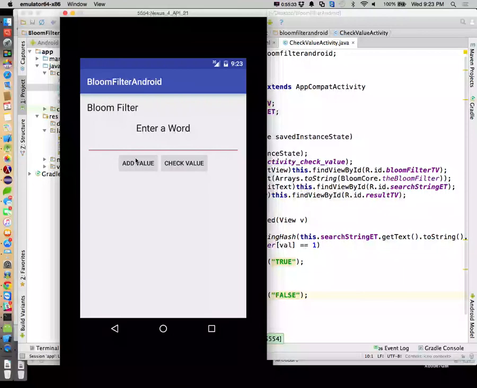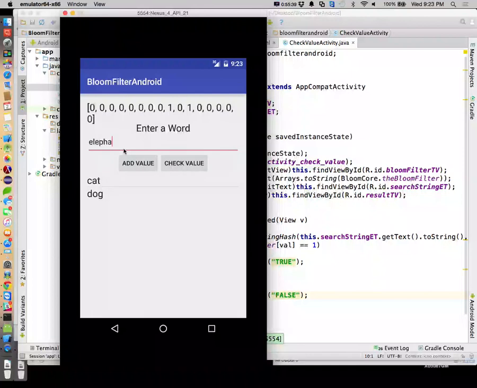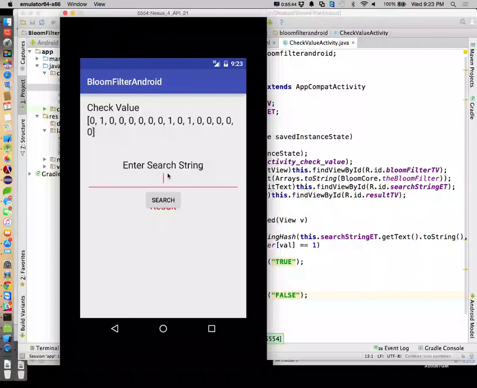All right, so let's do cat, dog, elephant. We'll go check value. So we'll do cow. And that said false, yeah, I see it false. And then we'll do cat, it's true, dog, yeah, true,